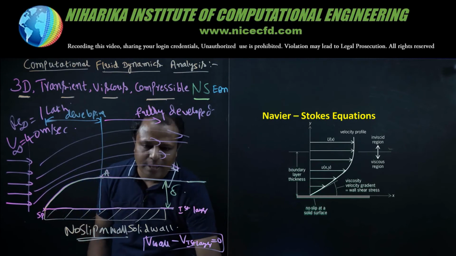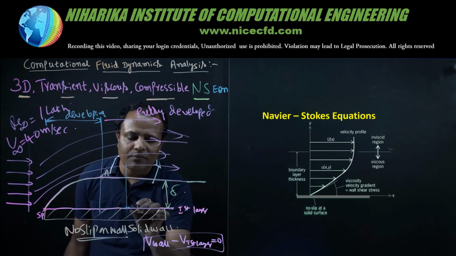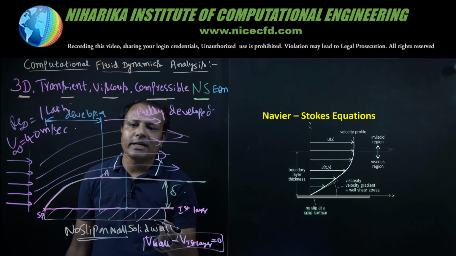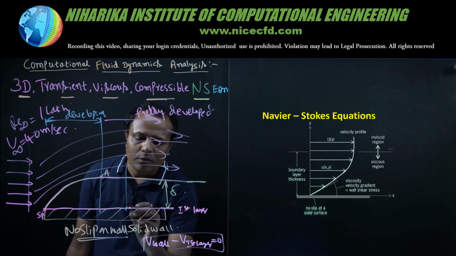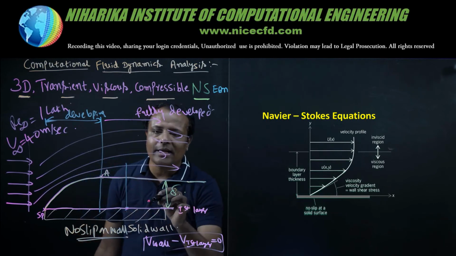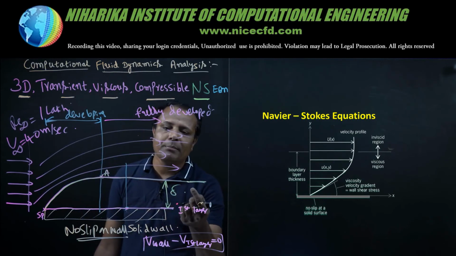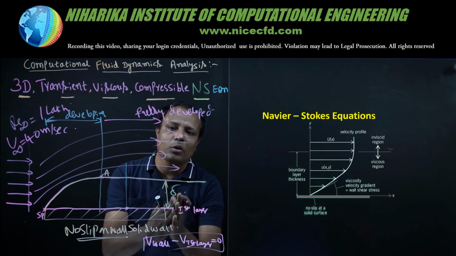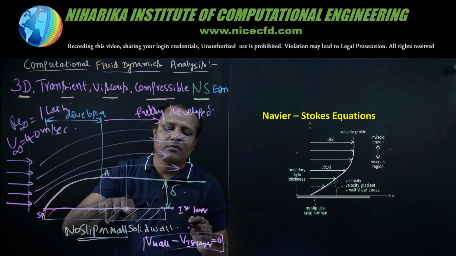I will take an imaginary plane here. What is the velocity of the first layer? It is 0. The length of the arrow indicates the magnitude. It is 0, correct? Now, why is it 0? Because the first layer is coming in interaction with a dissimilar object. It is solid. Remember, the first layer is a fluid, the second layer is a solid. Both are dissimilar objects. The magnitude of friction is more. That friction has killed all the 40 meter per second velocity of the first layer.